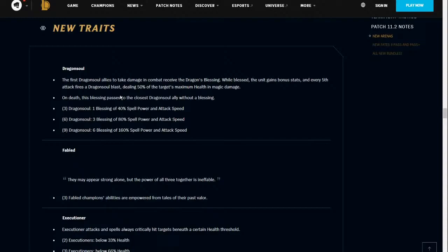So it's a very weird trait, but in essence what happens is if you have that buff, and when that unit who is holding the buff dies, it's transferred to the closest Dragon Soul. So in essence, the way that you want to be playing this comp is that you want to have something that dies very quickly, and try to keep it close to your other Dragon Soul, so that it can transfer that